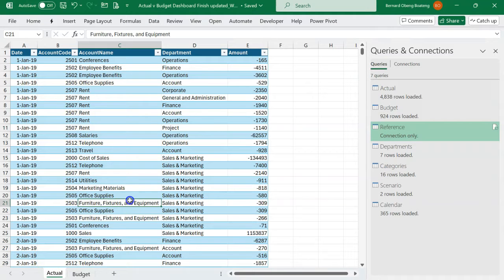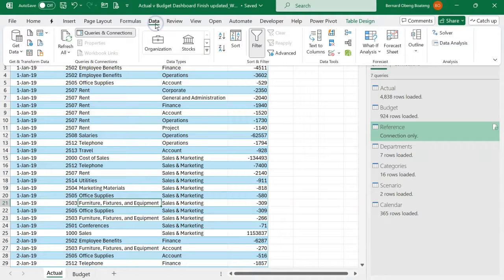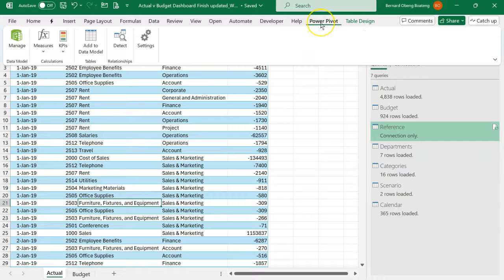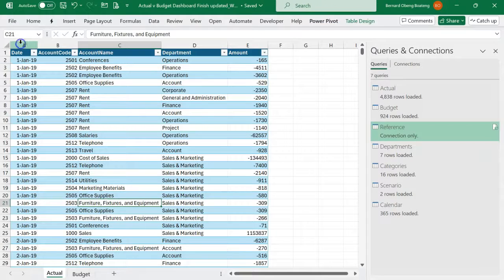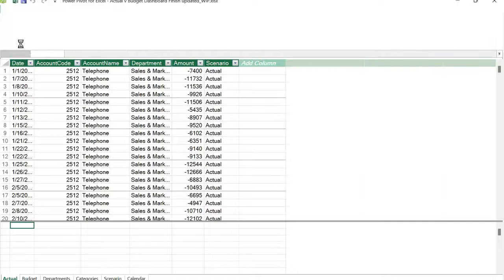So where can we find Power Pivot? So if you haven't used Power Pivot at all, you have to launch it for the first time, right? So data, and in the data tools group, you find this icon here. When you click on it, it activates Power Pivot for the first time. Once you close that pop-up, you now have Power Pivot tab here, right? So in the Power Pivot, we'll access it using Manage. Okay, so when you go to Manage, you notice that